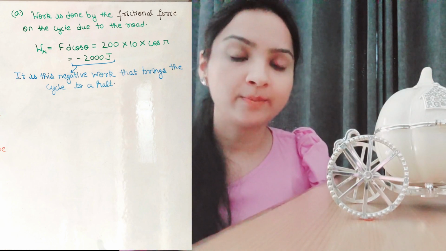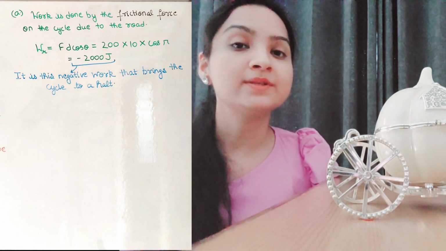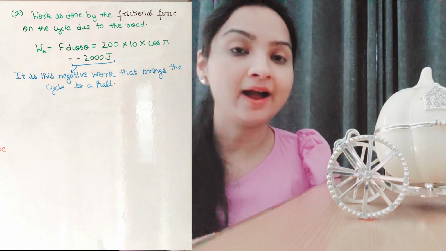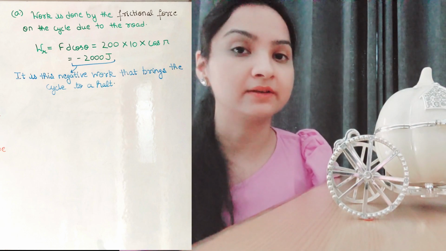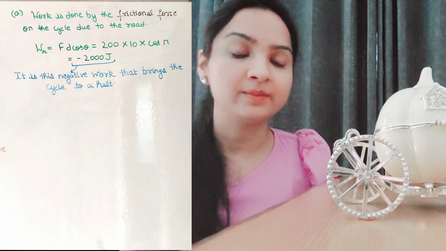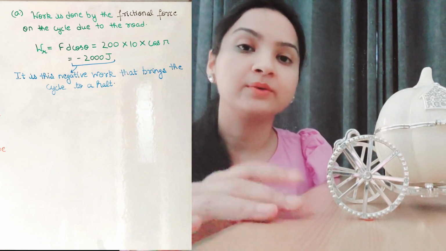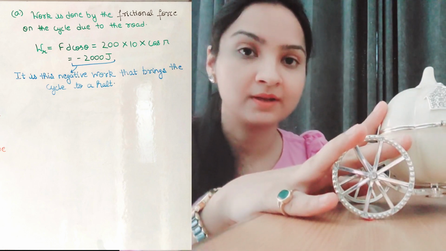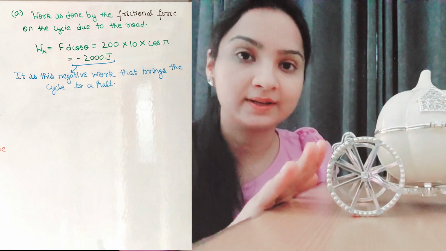You know the magnitude of the force, and also of the displacement, and you know the fact that the angle between these two vectors is pi, 180 degrees. So you simply put the values of all the parameters and you will be getting the work done by the ground on the object. Now you know that the object, which is the cycle or the cart in the present case,